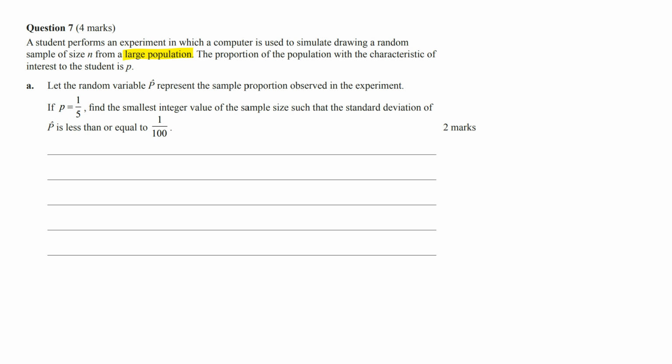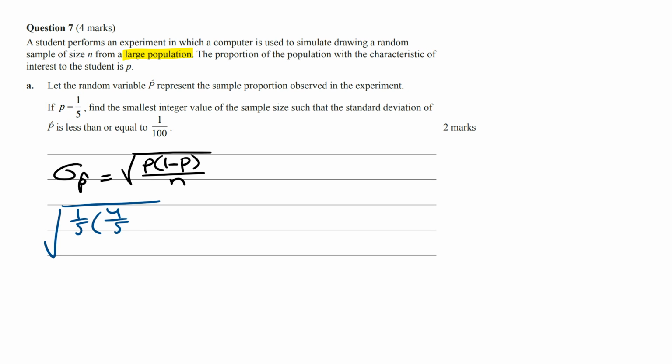For a large population, the standard deviation of p hat is equal to the square root of p times 1 minus p divided by n. If p is equal to 1 on 5 and we want the standard deviation to be less than or equal to 1 on 100, then we can say that the square root of 1 on 5 times 1 minus 1 on 5, which is 4 on 5, divided by n, has to be less than or equal to 1 on 100. From here we can solve for the value of n, and so if we square both sides and simplify,